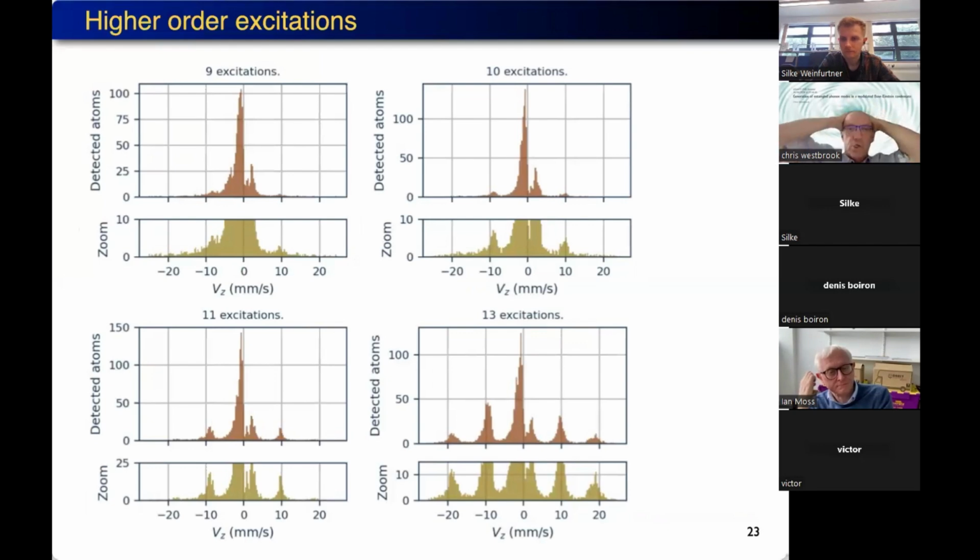I want to now just briefly mention what can happen when we try to push this even harder. You can try even more and more excitations. And what you see in this set of data is that when we start exciting it even more, actually just a little bit longer than we had in the previous pictures we showed, we see a higher order peak at twice the k, corresponding to twice the k vector that we had initially. So there's some sort of higher order process happening,